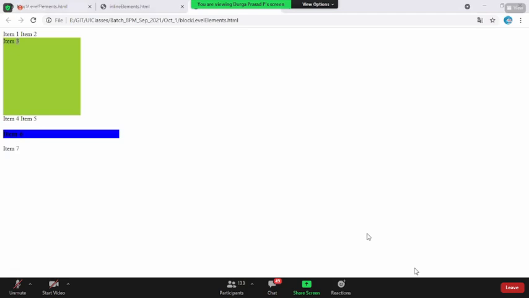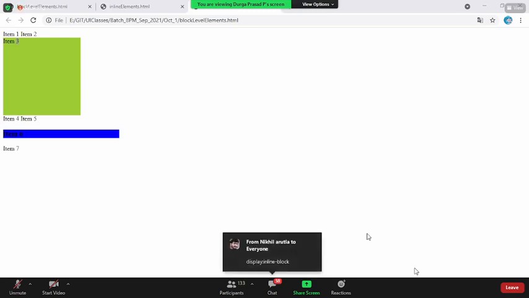What he's saying is, just for knowledge, can't we control the inline tags, just like how we could change the CSS priorities? So Hemant, that's a very good question. By default it follows something, but on top of that, can I control it? Yes, you can always do that. We can make an inline element render like a block level, and we can make a block level element render like an inline. For that we talk about something called the display property.